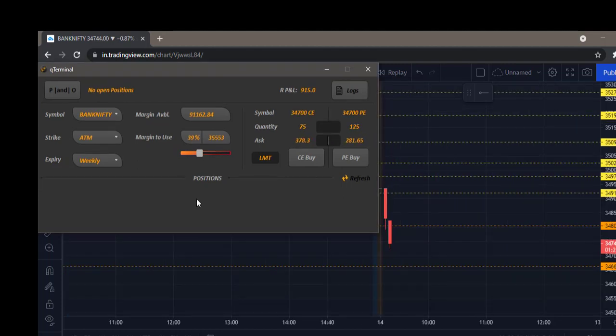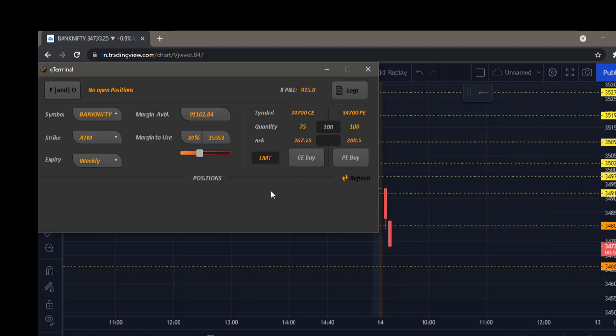So instead of going by the quantity calculated from the slider, you can manually enter the quantity as well. Let us see that while taking the next trade. I will be taking a call trade pretty shortly as it's approaching my second level of support. So let me enter the quantity manually rather than using the quantity that is calculated for me.